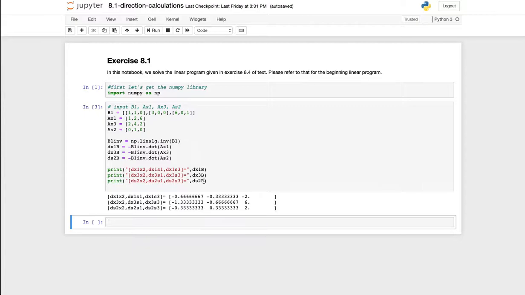Okay, so when you get to that part of the computation there, you might want to stop and look back at this notebook and see what